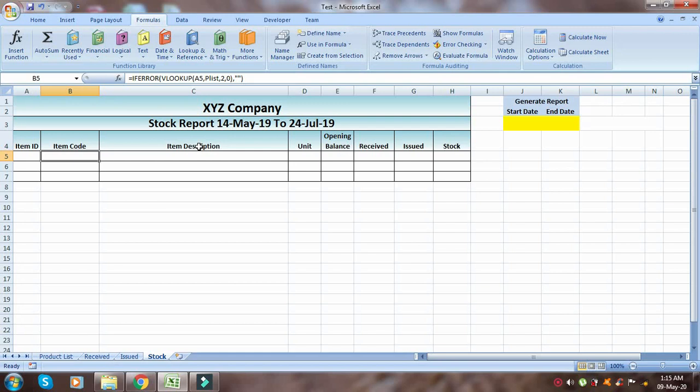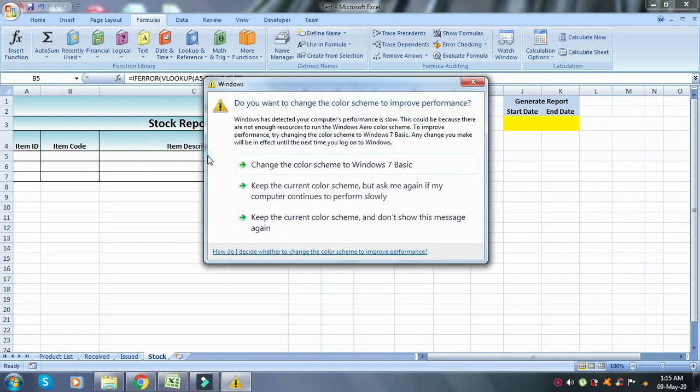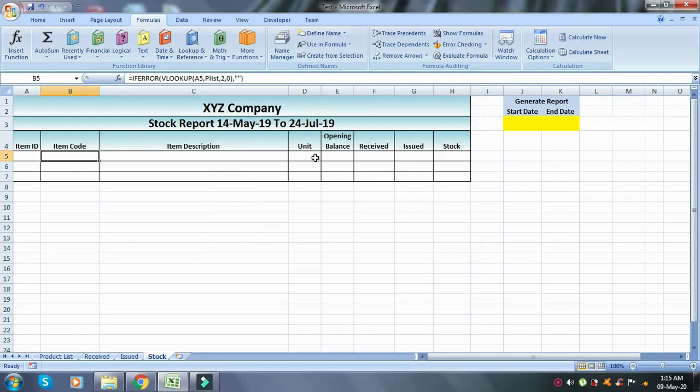So you can see here, we created this formula. Here I mentioned VLOOKUP. Our lookup value is A5, which means whatever I write here, the corresponding value should come automatically here. I will paste this formula in our description column and the unit column. But before copying this formula, I have to freeze this A column so that it is fixed here.